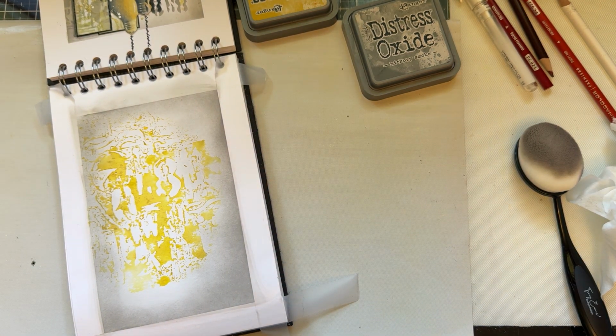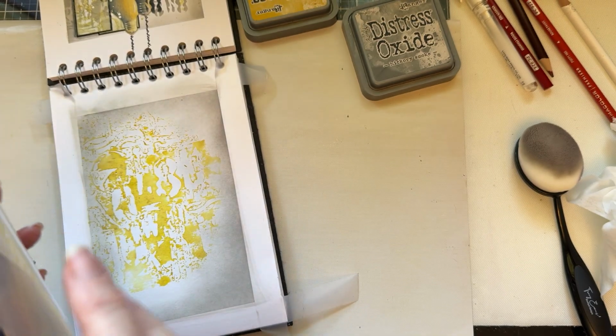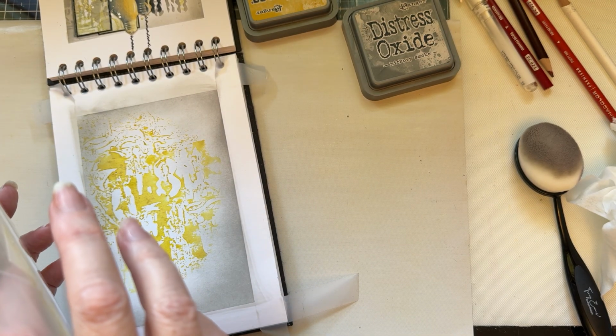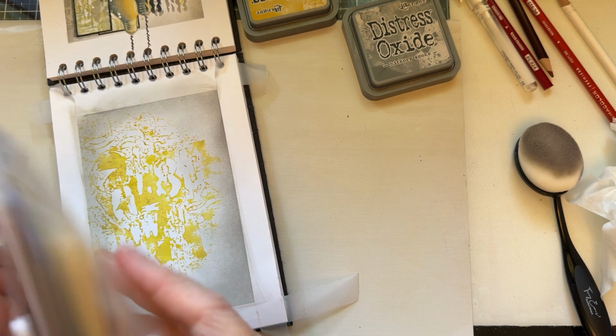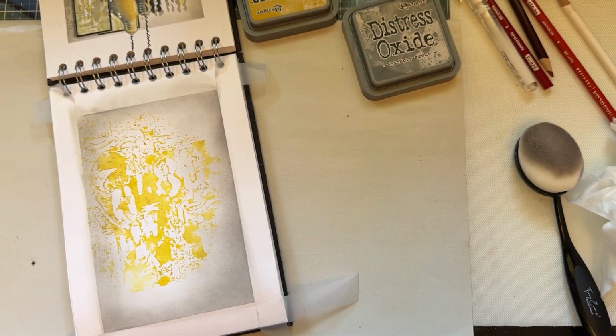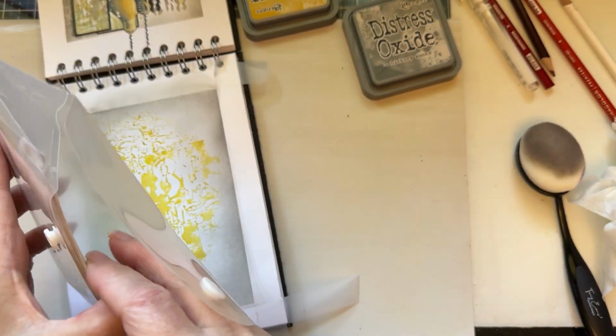So what I'm going to do then is take my vase stencil, or that's the plan, if I can remember which pack it's in. It must be in that one. So I'm going to take, is it in this one? You have to remember, I have to try and remember what releases I've had. There it is. So I'm going to take the vase stencil,